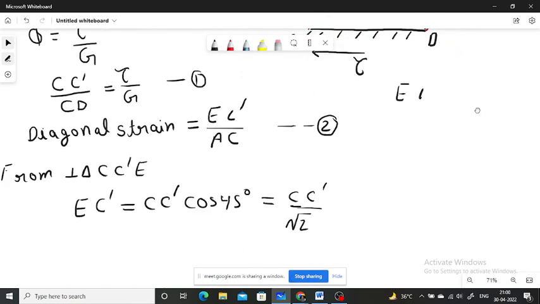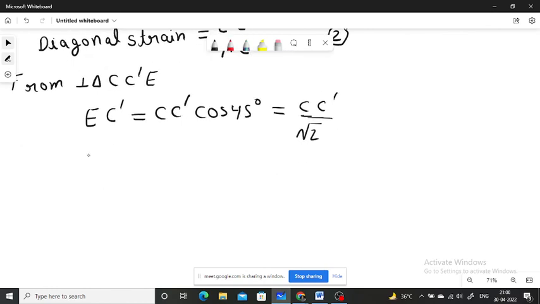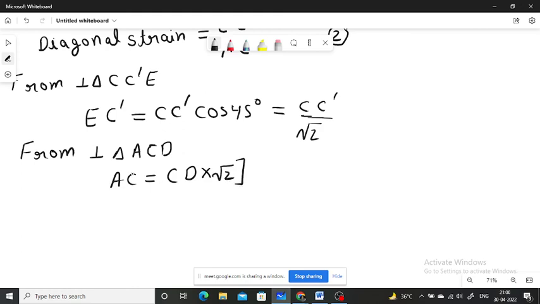So from right angle triangle ACD, AC will be equal to CD into under root 2. Putting these values in equation number 2, we get the diagonal strain